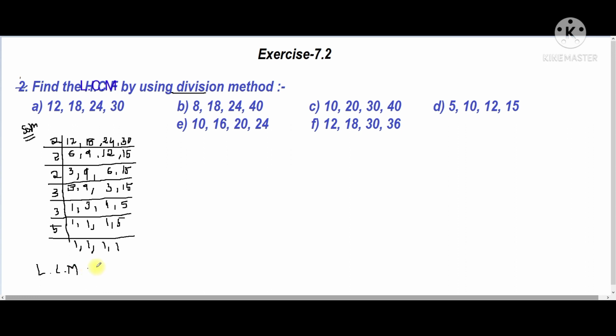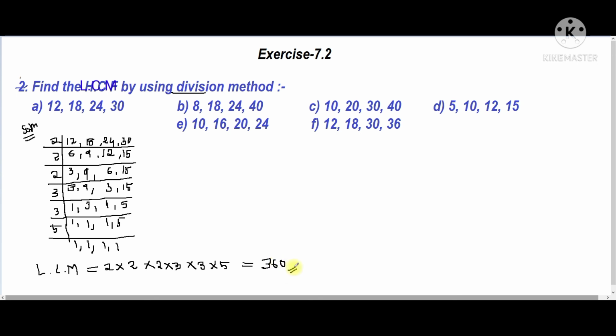Now what we will do, we'll multiply all the factors here. Okay, so LCM is equal to, we'll multiply all these numbers, 2 into 2 into 2. How many twos are there? 3 twos, right? And then we multiply by 3, then multiply by 3, and then the multiply sign and 5. Okay, here what I have written, 5. So now after that we'll multiply all these factors. Here you see 2 twos are 4, 4 twos are 8, 8 fives are 40, 40 threes are 120, 120 threes are 360. So here the answer will be 360. So the multiplication, do it by yourself.